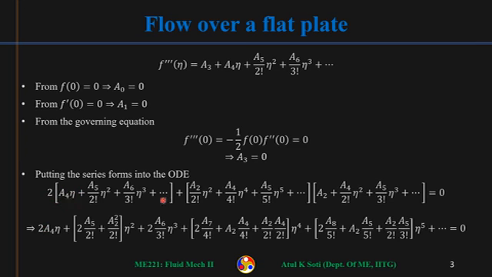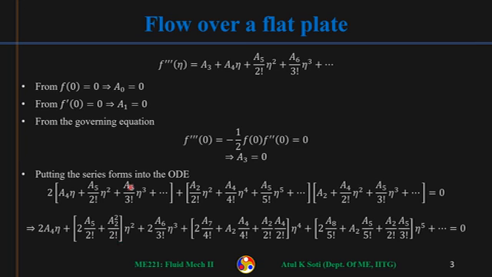2a4 eta. Do you get any power of eta here? No. Here it is eta square. Okay, so only 2a4 eta. Then do we get eta square? Yes, from here 2a5 factorial to eta square. And then from here a2 into a2 upon factorial 2, that is a2 square upon factorial 2 eta square.